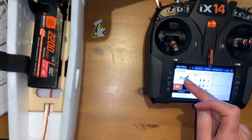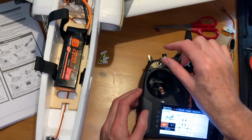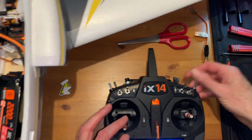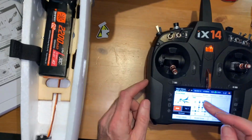And look, it has changed the picture, it has changed the name, it has programmed a lot of switches like the one for the flaps, the throttle cut. For instance, now we have the throttle cut on, now it is off. You see? Well, it has done all settings for us,